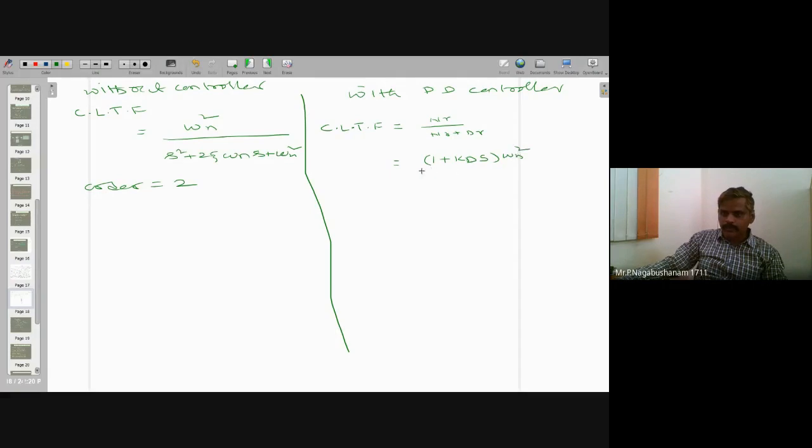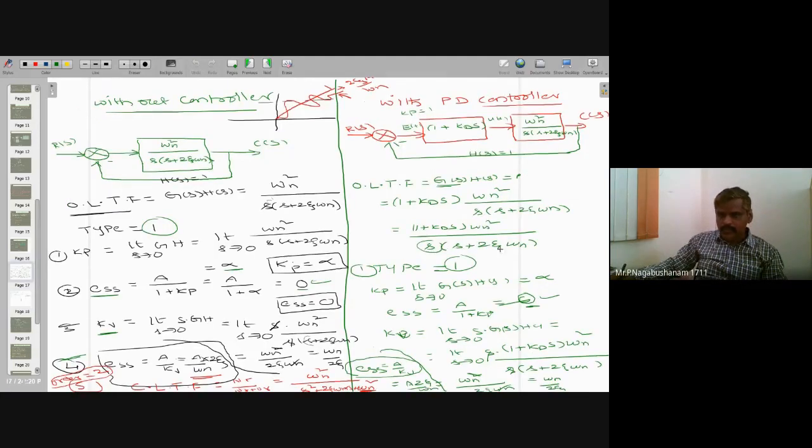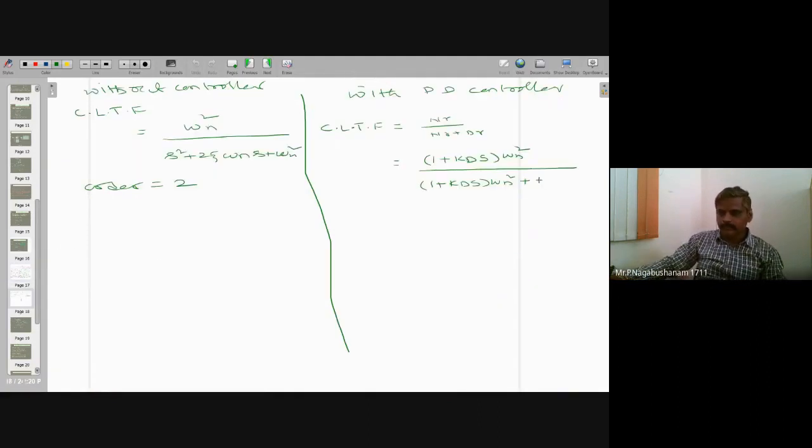Very important, I'm going to conclude this one. Then 1 plus Kd s, omega n square, plus the denominator. What is the denominator? s into (s plus 2 zeta omega n). Otherwise, you can write G of s divided by 1 plus G of s H of s, you will get the same answer. Closed loop transfer function: if you solve that one, you will get (1 plus s Kd) omega n square divided by, I'm going to write in decreasing order,